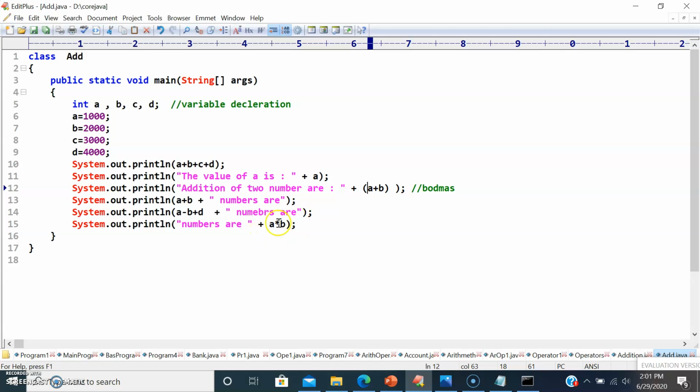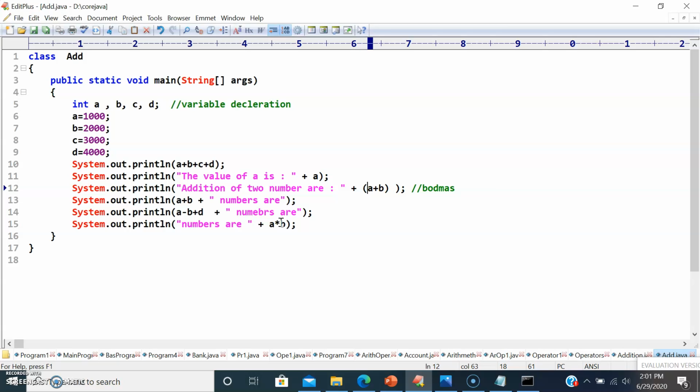But how is it printing the value here? I told you there are two reasons. The first reason is that if your compiler wants to calculate this, then we have to apply the BODMAS rule, and then the calculation will always happen from left to right. Here in this scenario, I have not used the plus operator. Only when I use the plus operator will your compiler do the concat operation.